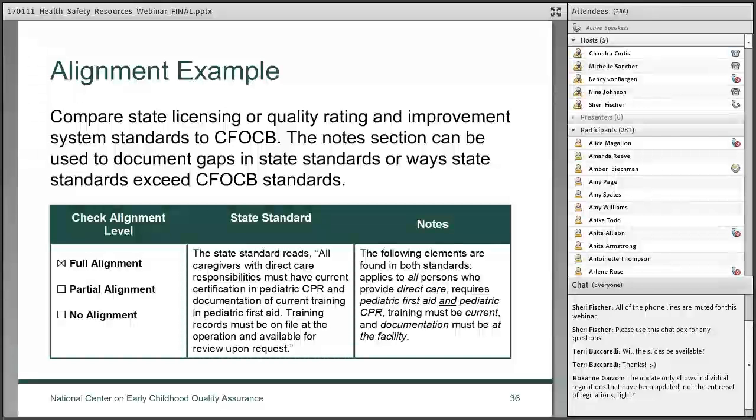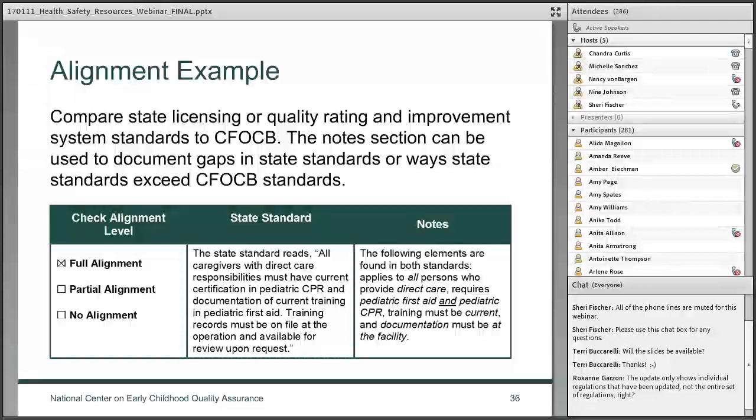This example here shows an example of full alignment. So the state standard reads, all caregivers with direct care responsibilities must have current certification in pediatric CPR and documentation of current training in pediatric first aid. And training records must be on file at the operation and available for review upon request.